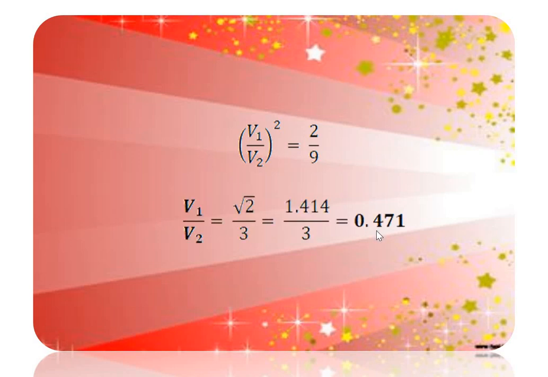So taking the ratio of these two equations, we get the new formula: V1 by V2 bracket square equals 2 by 9. Taking the square root, we get the new value, V1 by V2 equals root 2 divided by 3. Root 2 value, we know, is 1.414 divided by 3. Solving this equation, we get the ratio of the potential differences, that means V1 by V2 equals